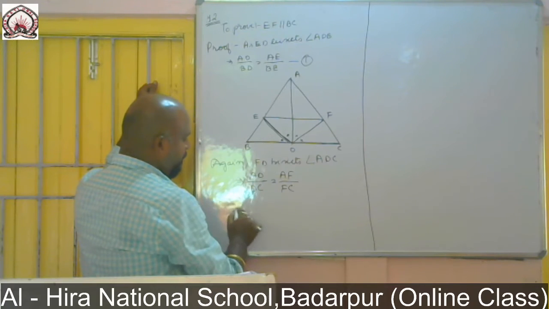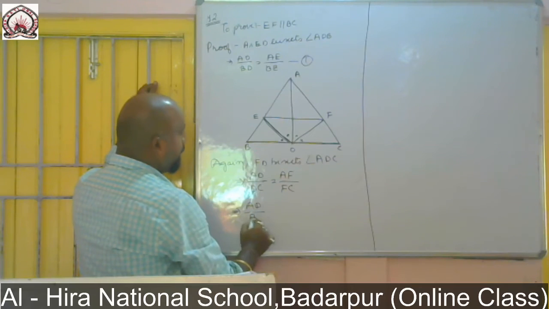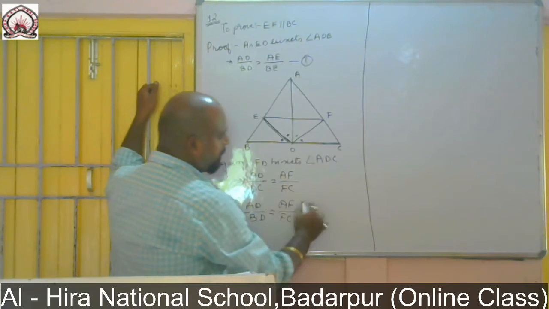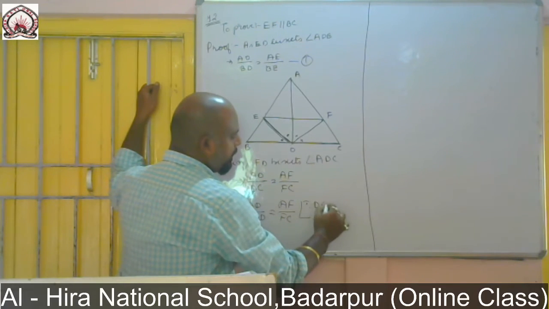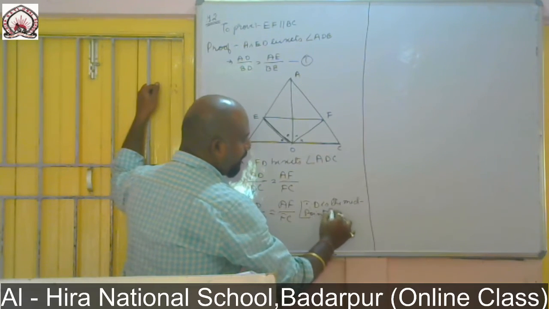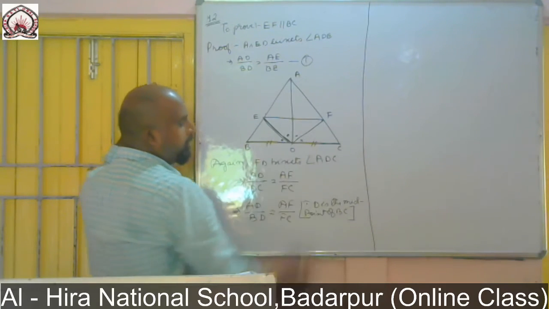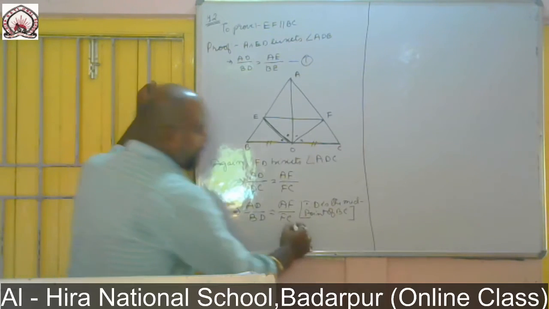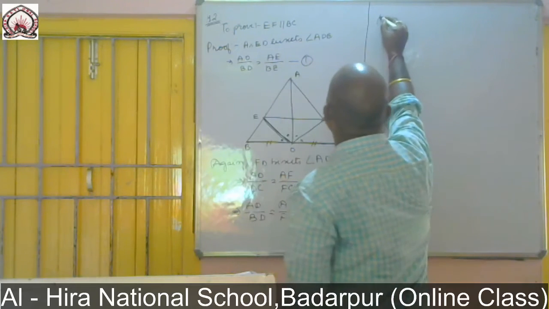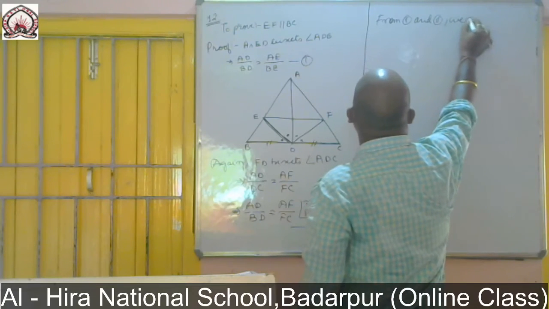Now, in place of DC you can write BD, equal to AF by FC, since D is the midpoint of BC, means this side is equal to this side, according to our question. Put this as equation number 2. Now, from 1 and 2, we get